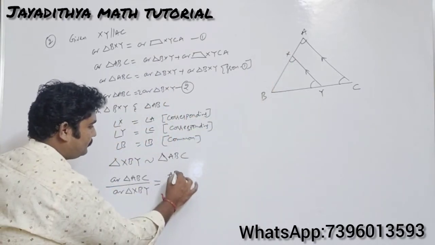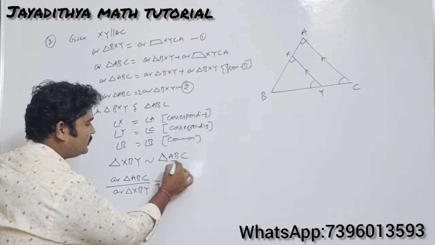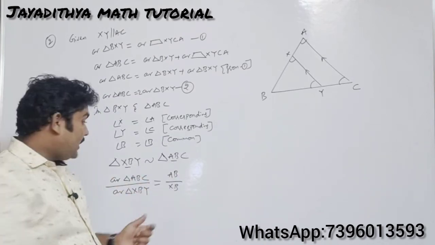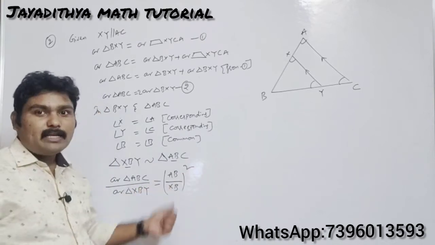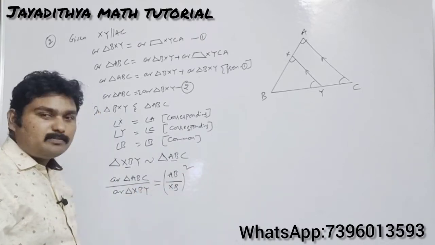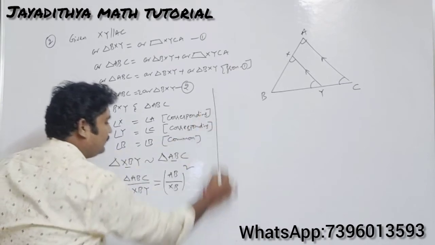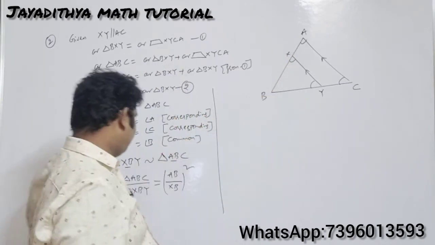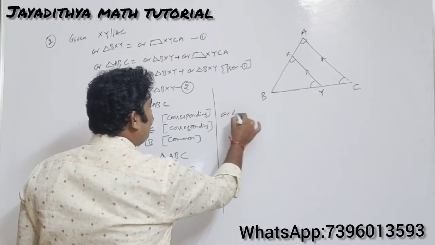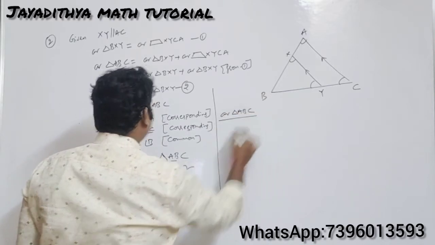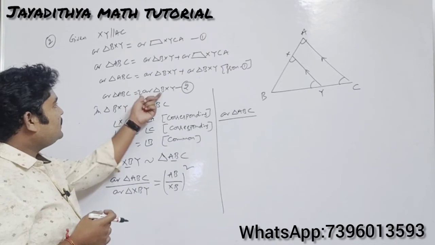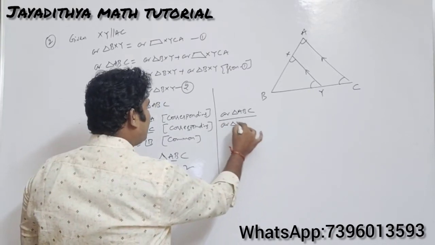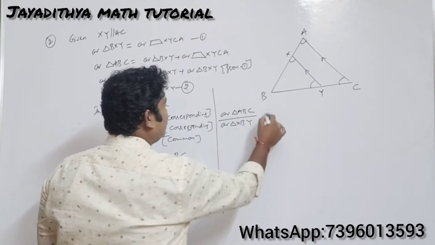So AB by XB. This is AB and XB, I have taken like this, AB by XB, but XB whole square, right? Square of the ratio of their corresponding sides. So AB by XB whole square. So what can you write from the figure? AB will be equal to AX plus XB. Clear? So this will be area of triangle ABC by, this is again area of triangle XBY, which is equal